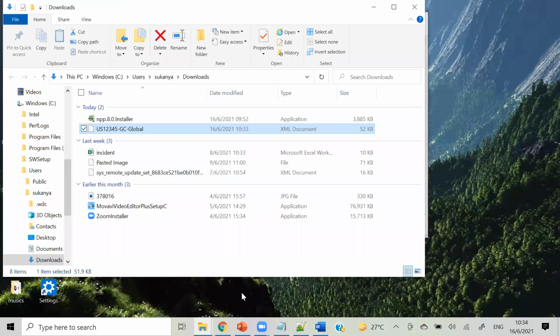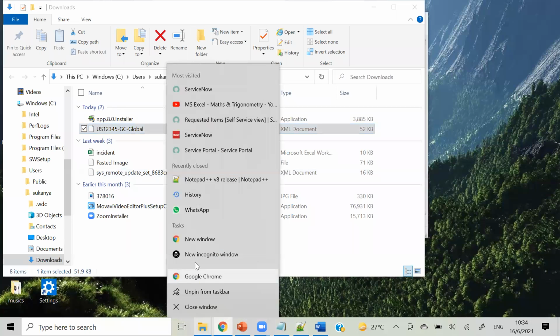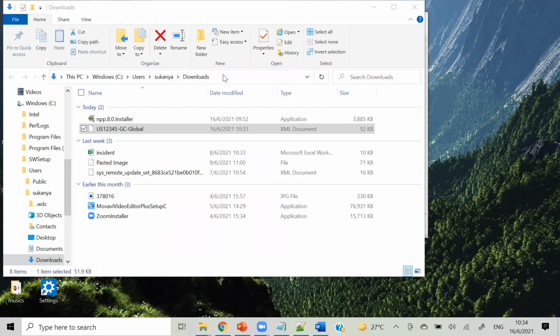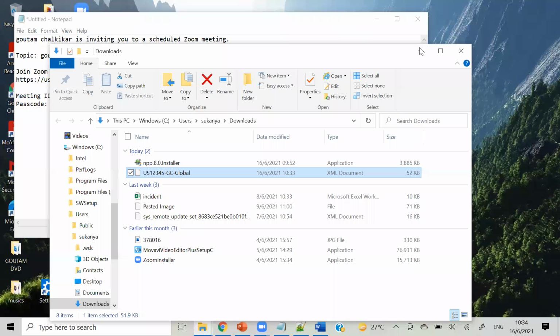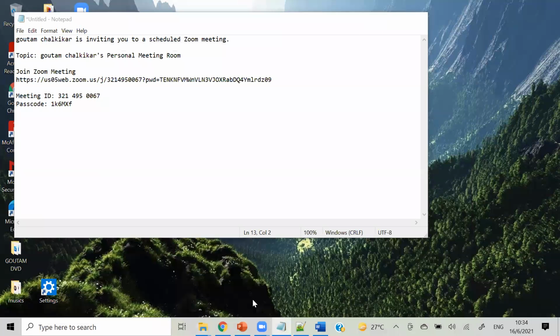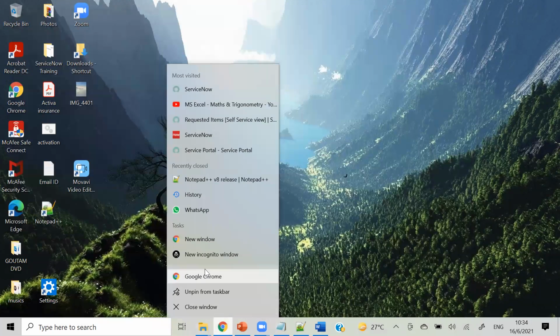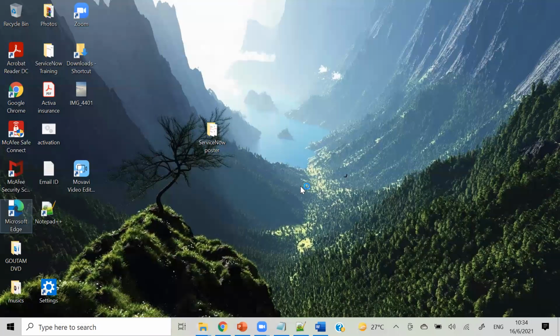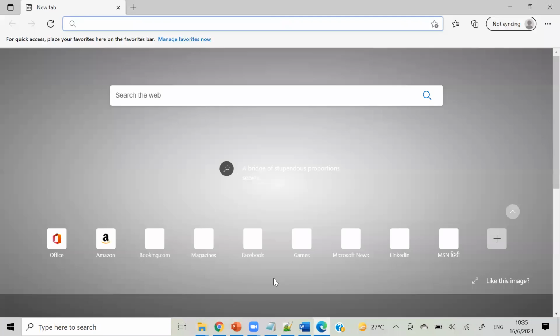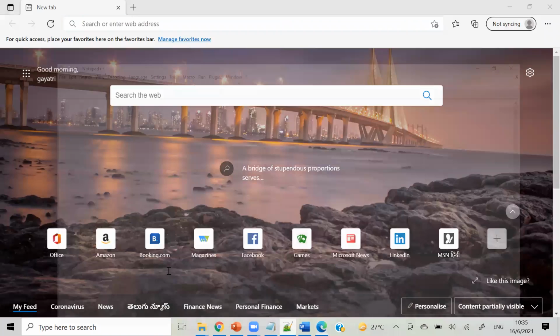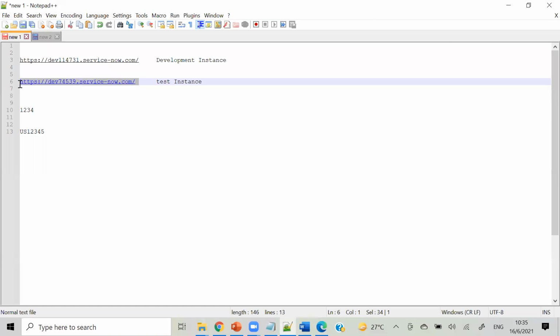So I will open another instance, which is Sharath's. I am opening that in incognito mode. Okay, if that is not working, I will open here. So this is my second instance, my test instance, which I am using, Sharath's.